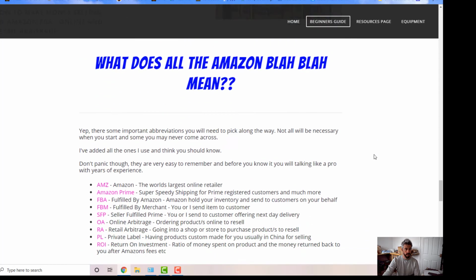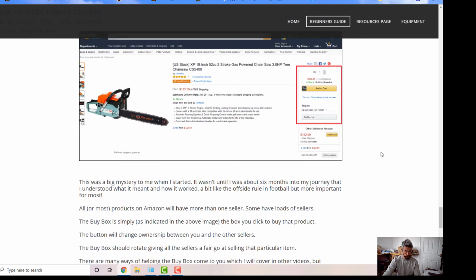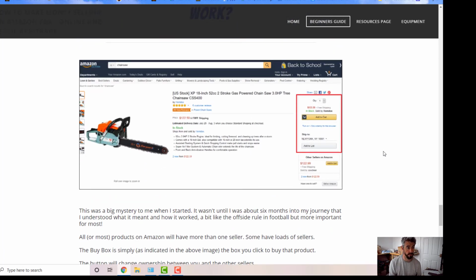Okay. Next one is the buy box. What is the buy box? It's quite tricky. I remember when I started, I was pretty confused by the buy box. The easiest way I can describe it now is you imagine there's 5 people trying to sell, like on the page here, this chainsaw. But there's only one place you can click buy it now or add to cart. So that buy box will be shared between the 5 people that are selling it. If you're all selling it for the same price, then you probably get some even turns in selling it.